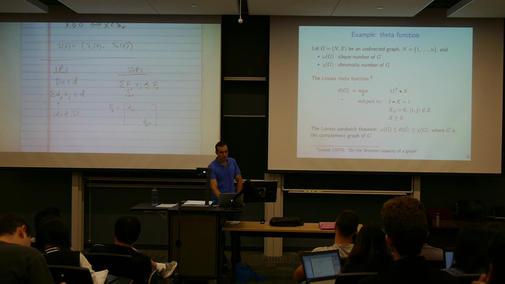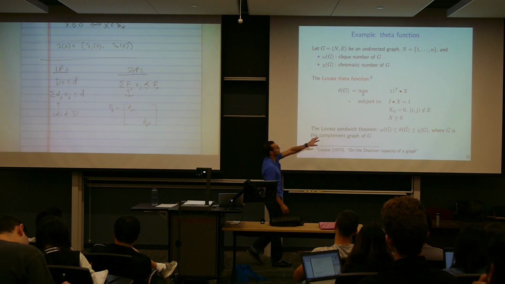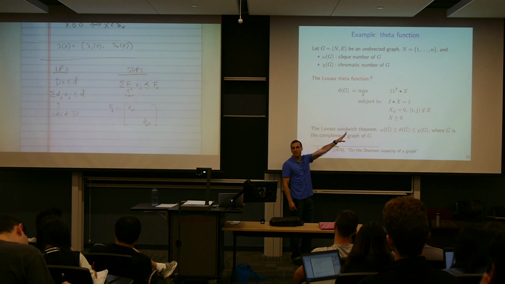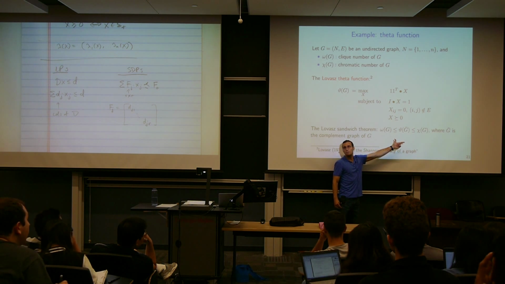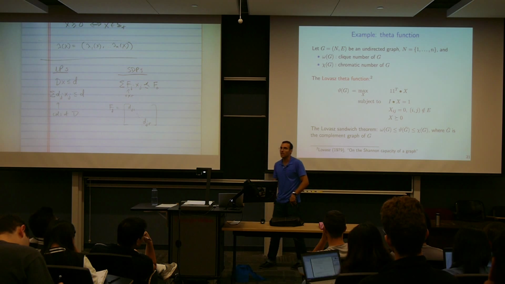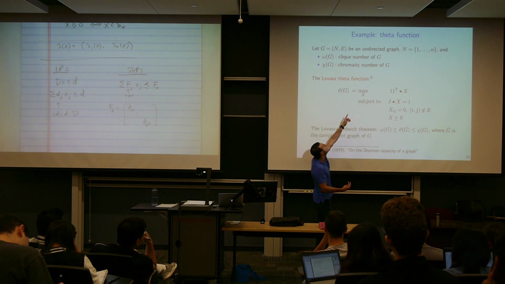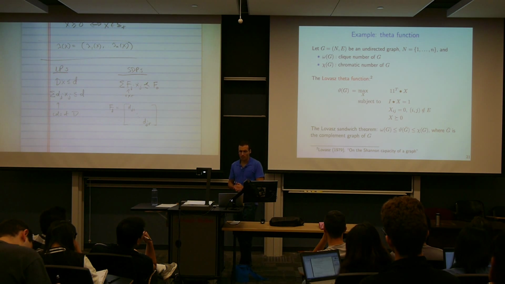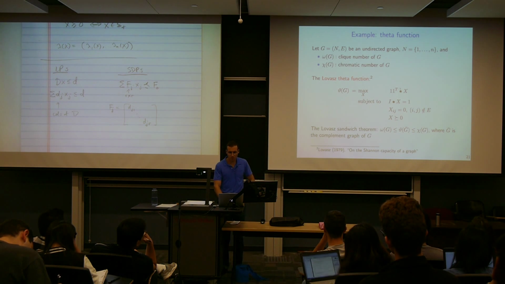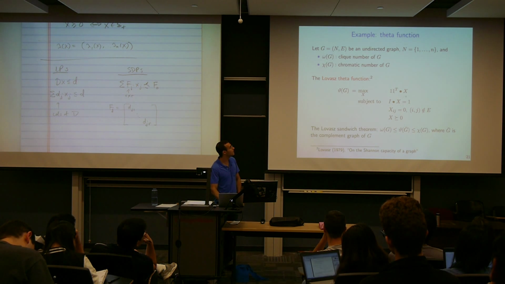The Lovasz theta function is defined as the solution to a particular SDP. Amazingly, this lies in between those two NP hard to compute numbers. So this is what Lovasz proved in 1979, that if you want to get some sense of the clique number or the chromatic number, you could actually solve this SDP and get something that's sandwiched in between those two quantities that might be hard to compute. And that SDP is rather simple. The criterion is just the sum of the entries of X, subject to